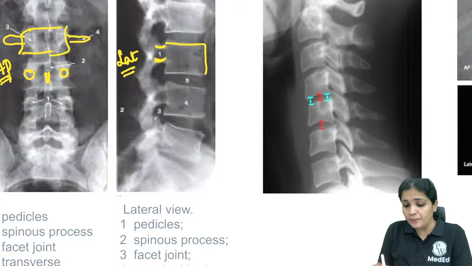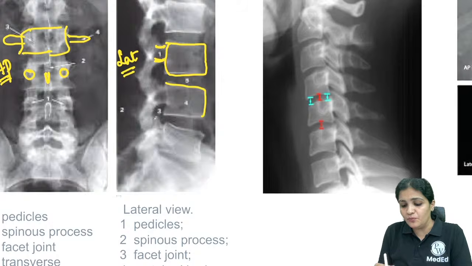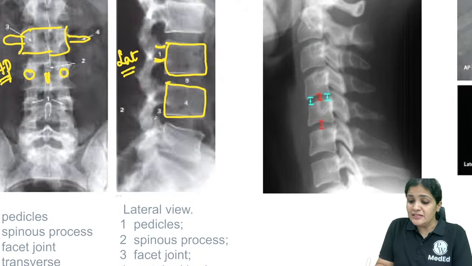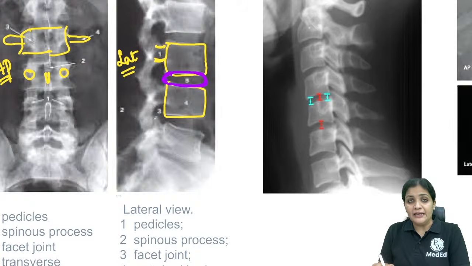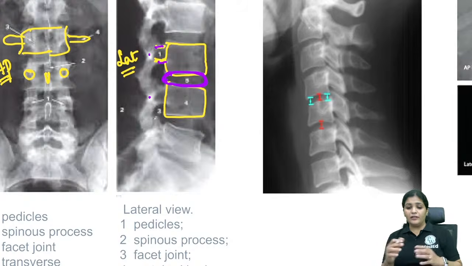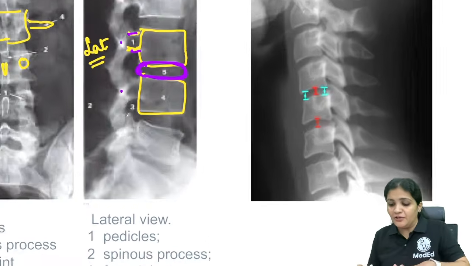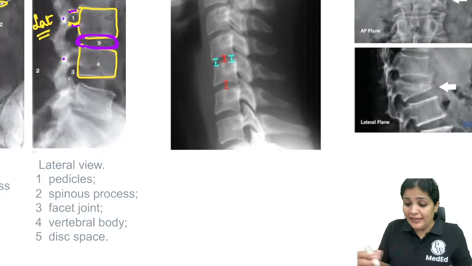and then this is your whole vertebral body, and more interestingly the disc space. So these are the vertebral bodies and this is your disc space. So vertebral body, disc space, and these are your pedicles, these are your facet joints. These are all the features which you look for,